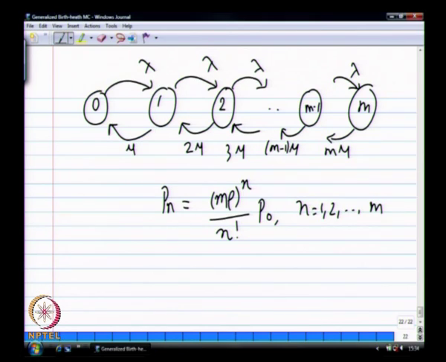So therefore my P naught is simply the sum from n equals 0 to m